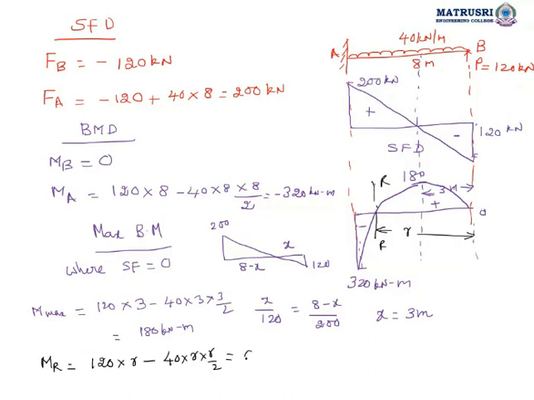Where bending moment is 0, it changes its sign. If I solve this, you are going to get R is equal to 6 meter. So you can write that the point of contraflexure occurs 6 meter from